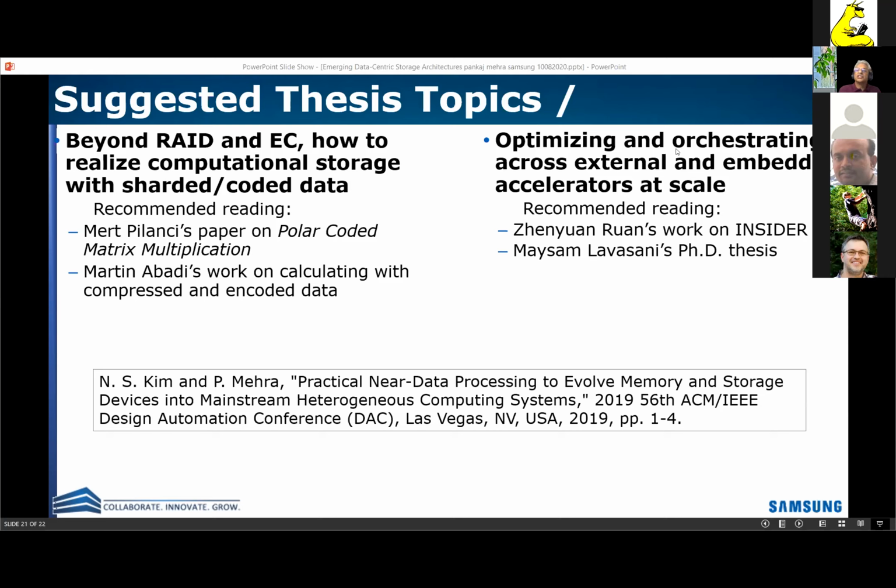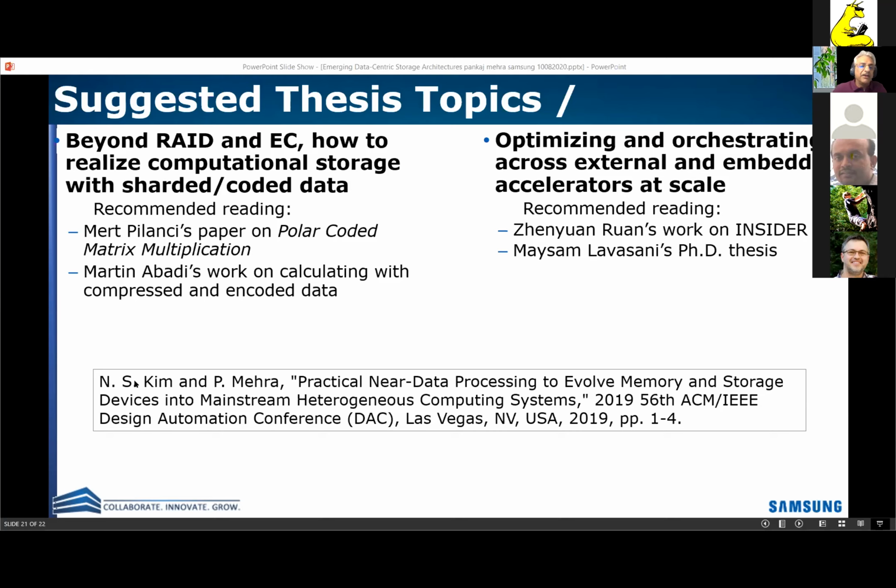Optimization and orchestration and data placement are also good areas to understand. Here you can read some work from UCLA, for example, Professor Chang's students, Zhenyuan Ruan at UCLA has been working on something called Insider, has a good initial paper that will give you some ideas. And from many years ago at UT Austin, Mohammadsadegh Lavasani did his PhD thesis on data flow-based orchestration for this kind of devices.